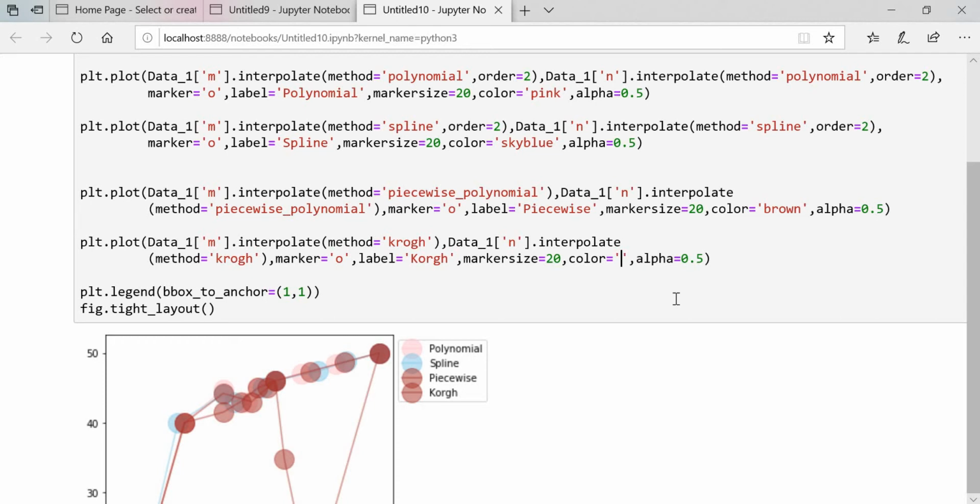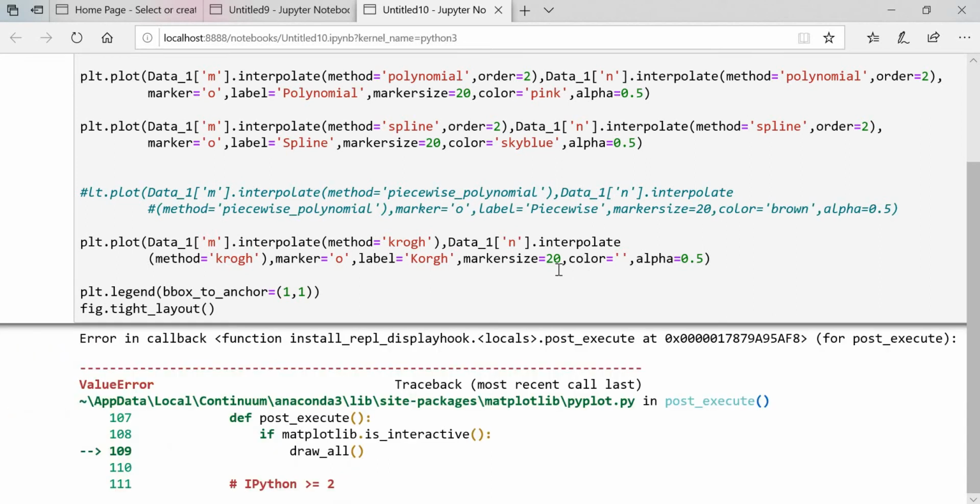What can we put? Okay guys, I don't remember the color now, so I'm going to comment this one out, this as well, and let's see how this will work. Okay, what is the error?